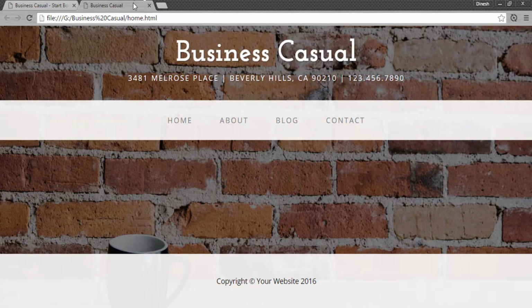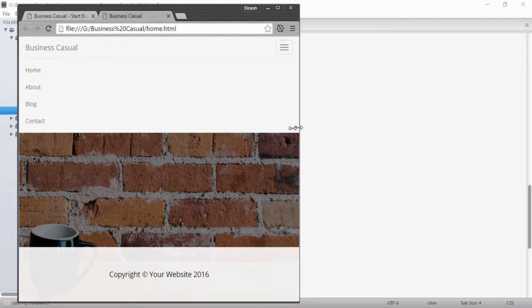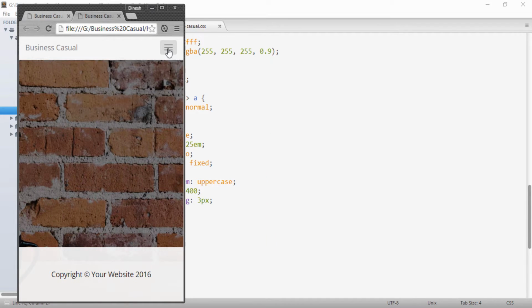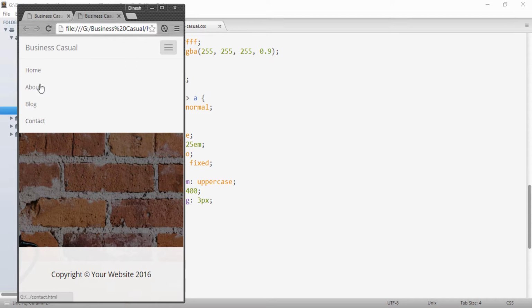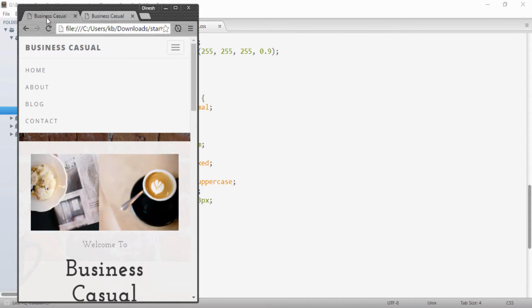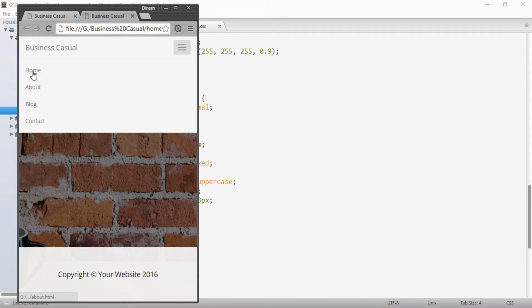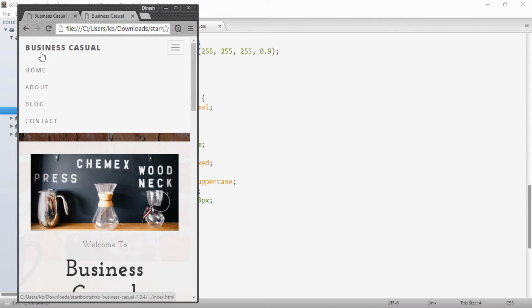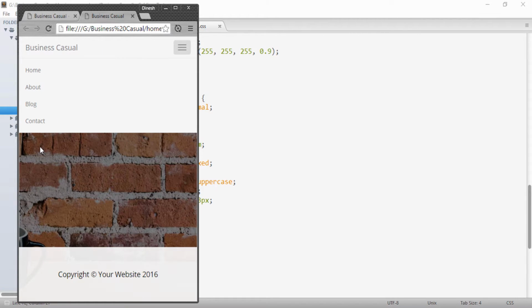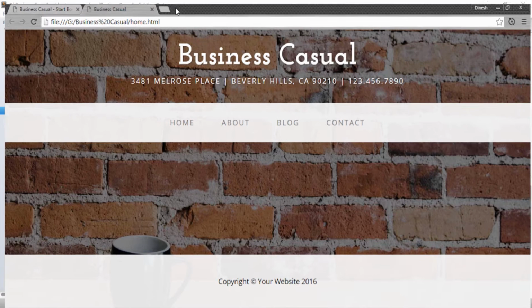And if I go to the browser, here you see that when it's above 768 pixels, it looks exactly like what we created in our last tutorial. And if I decrease the size, you see it came into a normal font, but the uppercase property disappeared because we removed that also, and also the font size, and also the boldness of the font. So we need to extract a few common properties, and we don't have to provide them in the media query.